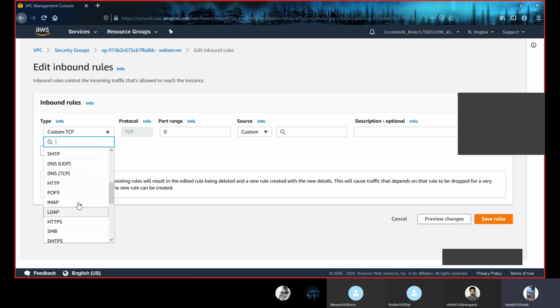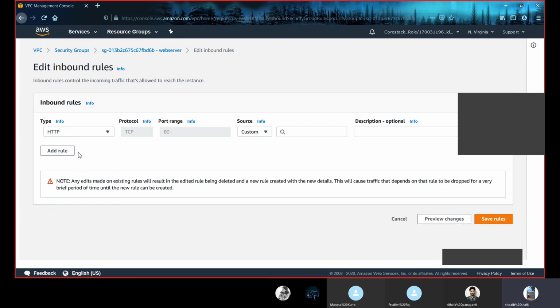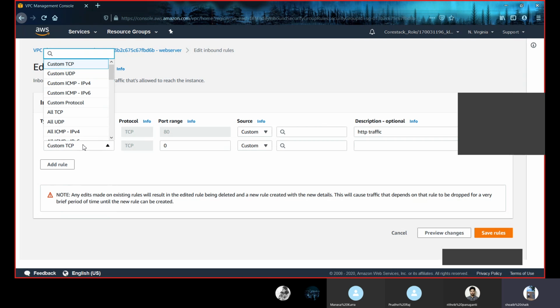Here are different options that we can customize according to our configuration. If you want to allow all types of traffic, then you can just click all traffic. Now as we decided to create a web server type of security group, I'm selecting HTTP. The protocol and port range are predefined, and in description I'm giving HTTP traffic. Now let us add another rule, that is HTTPS.